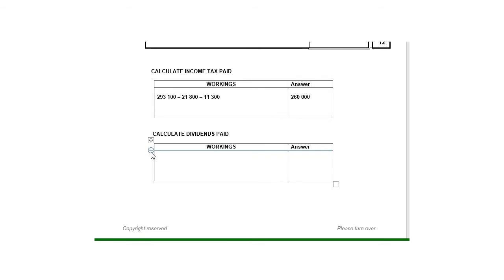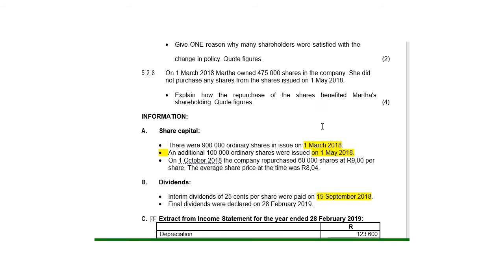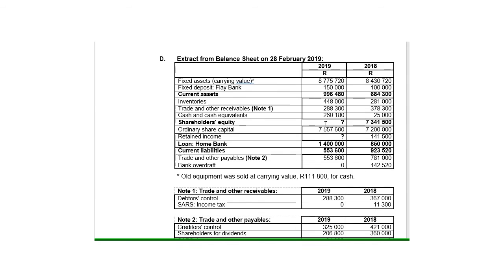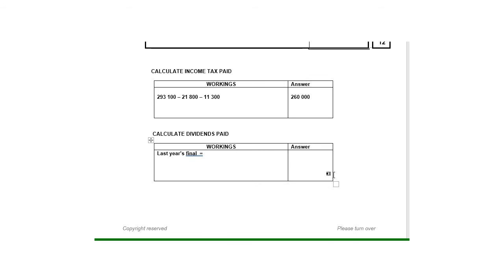Dividends, a bit easier. We simply have to take last year's final, because that's going to be paid this year. And where will I find last year's final? It will be the shareholders for dividends balance. So I must just go and look for the shareholders for dividends for last year. It was 360,000. That was outstanding last year, and this year it will be paid. So it's one of the payments we're going to make,